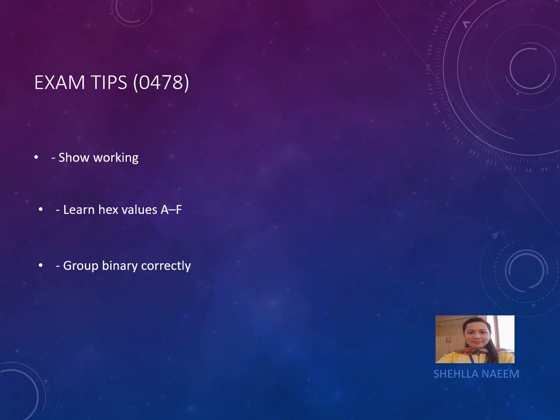Ideally, when we talk about the exam tips, you have to show the working, you have to learn the hexadecimal values, and you will learn them through practice. You have to group the binary correctly. Correctly means you start from the right side, you make the groups of 4, and this is how you can make groups. You can convert them, and then you can write them together. So this is how we actually